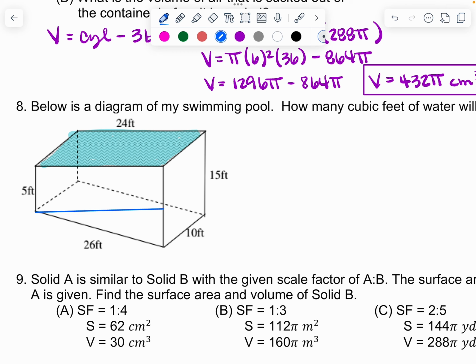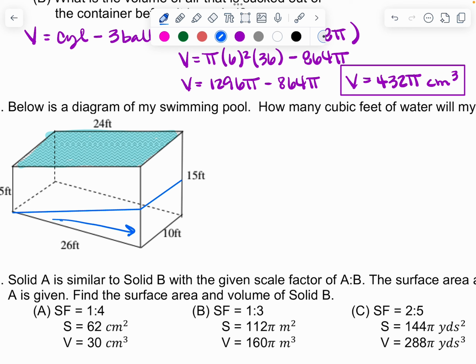So we have a shallow end, and then if I go straight across, we have a rectangular prism on top, but then of course there's the deep end of the pool. So this is actually going deeper into the earth, where you've dug out the deep end of the pool. Does that make sense? So this is basically a right triangular prism on the bottom and then a rectangular prism